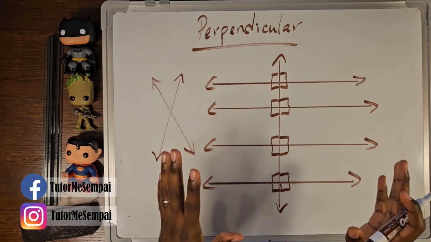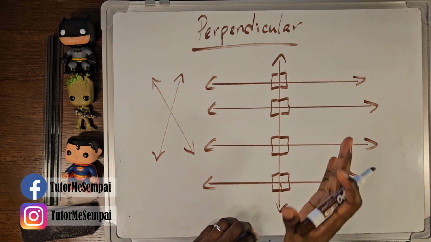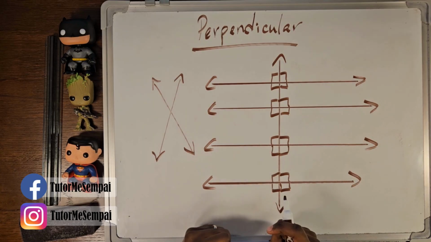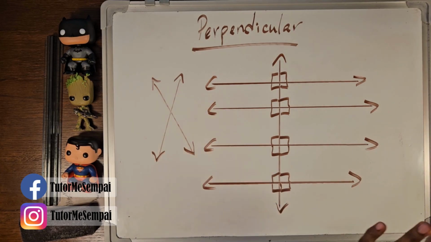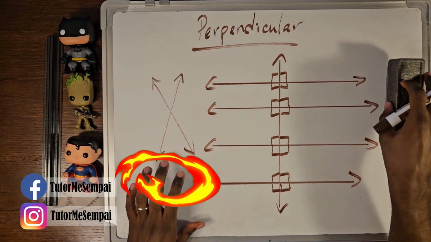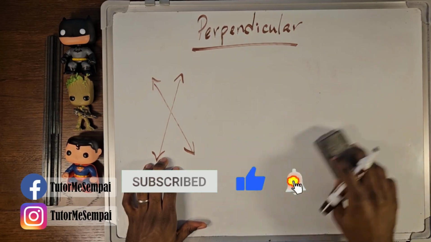Your perpendicular lines can also intersect anywhere. Just like your intersecting lines, they just have to touch somewhere. This is also going to be the case. One last thing before we move into our next part where we cover a few examples. Just like your intersecting lines, your perpendicular lines will also